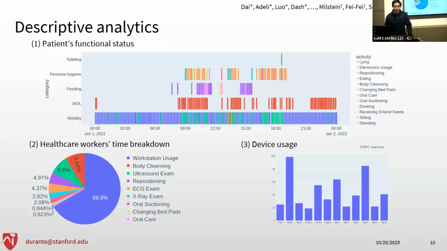You can also do more gross measures, like break down across a period of time what's everything that the person is doing and sort of average it, like in plot number 2 here. And you can also calculate things like, okay, what times are people doing certain activities, which is shown in plot number 3.